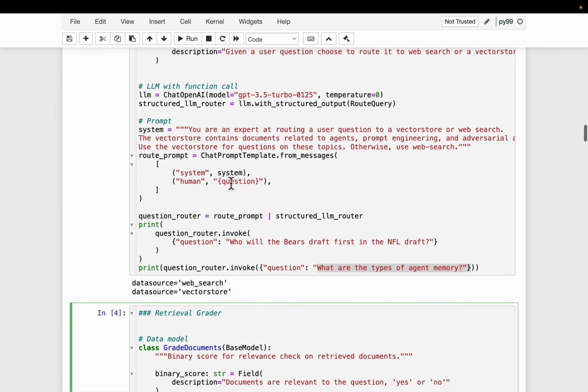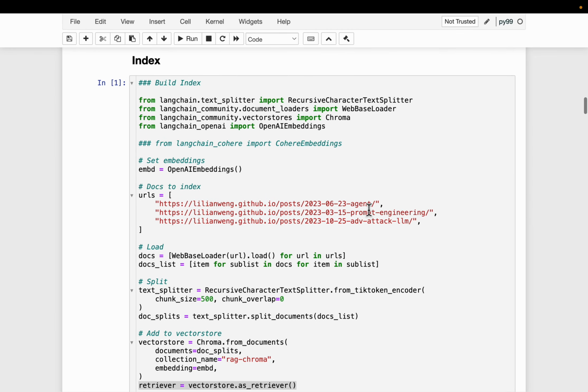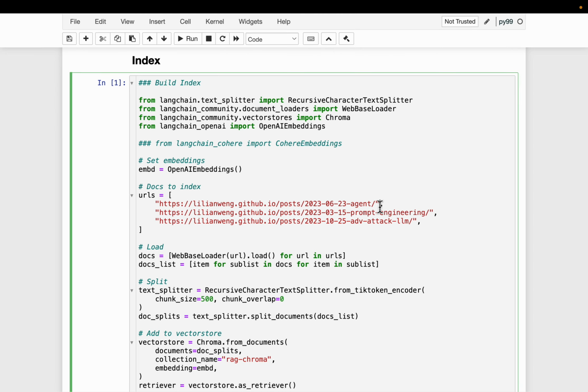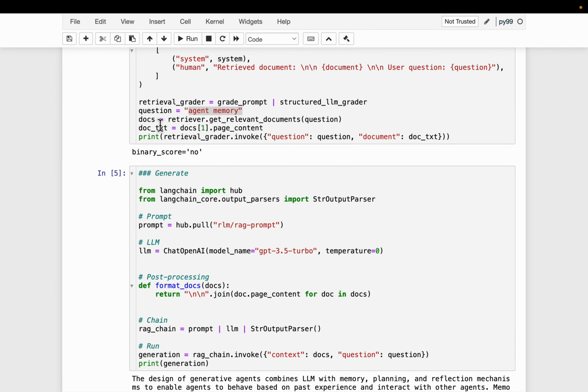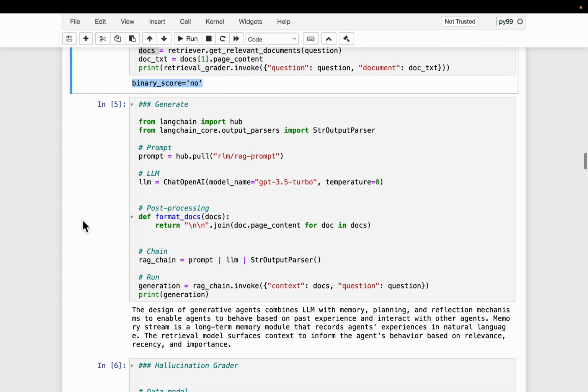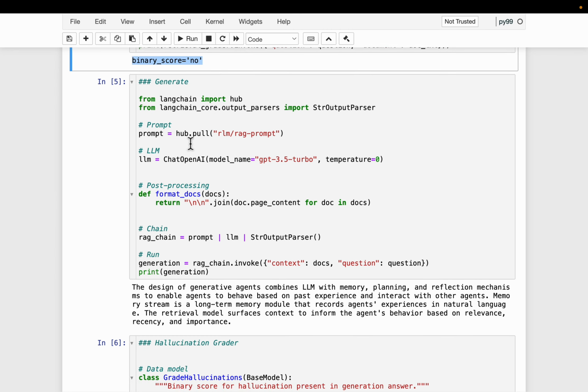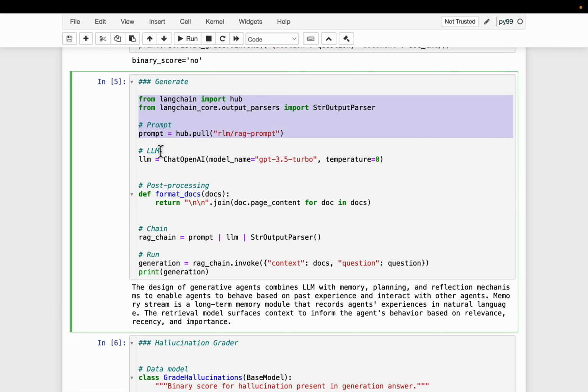So we know our vector store has information about agents, but we don't know if it also has information about agent memory. That's probably why the document which was extracted, even though it is relevant to agents, does not have anything to do with agent memory, so it is graded as no. Then this one is just generating the answer.